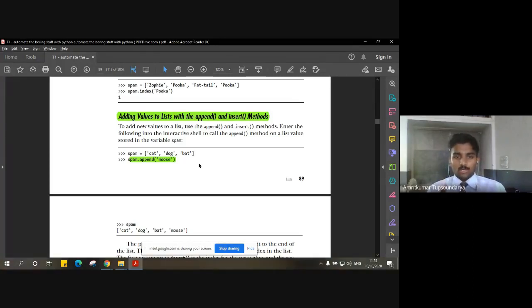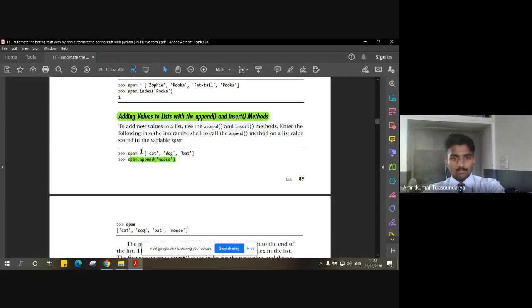So whatever value you supply to the append method will automatically be added at the end of the list. But when you make use of the insert method, insert can be used to add a particular value anywhere in the list, not just at the end. It can be even in the beginning of the list, or in between, or at the end of the list. So I hope you got the difference here.